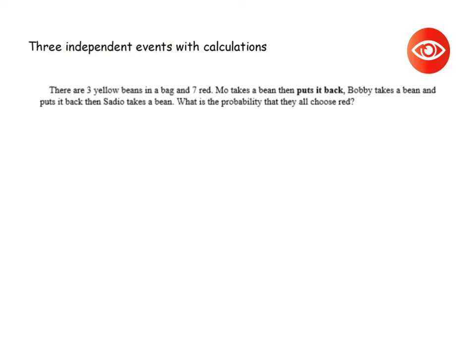We're looking at the three independent events with the calculations as opposed to drawing a tree diagram. So I'm just going to draw a visual aid so you can see what's going on. So we have a bag, and in the bag we have 3 yellow beans, and then we have 7 red. And we're going to work out the probability of 3 different people taking out items from the bag, and they